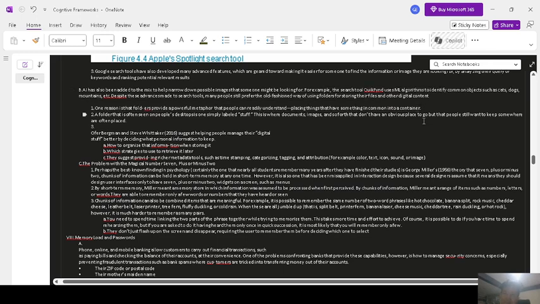For example, the search tool QuickFind uses ML algorithms to identify common objects such as cats, dogs, mountains, etc. Despite these advancements to search tools, many people still prefer the old-fashioned way of using folders for storing their files and digital content.